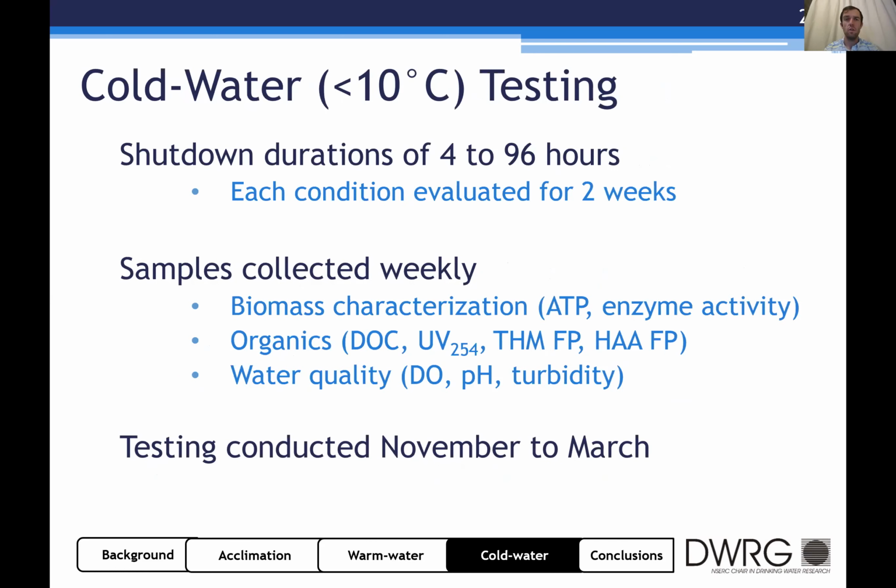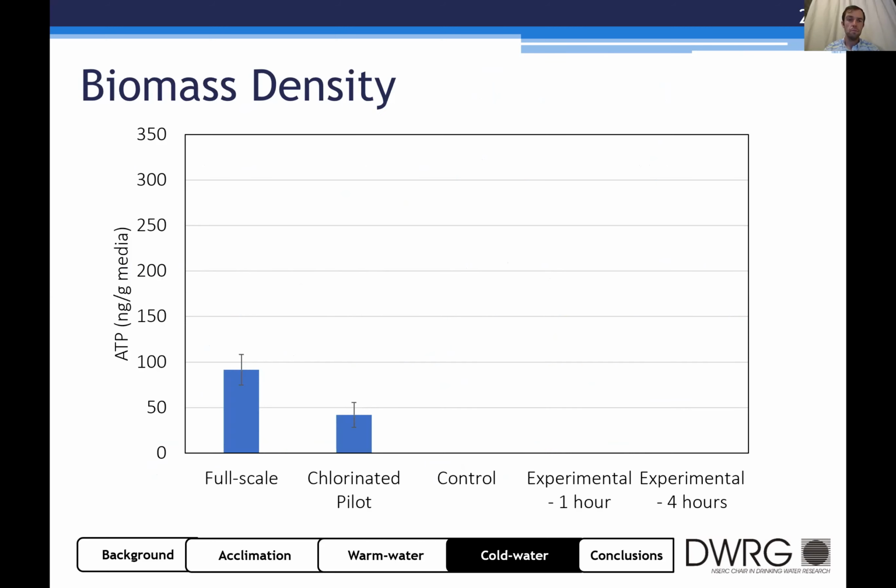We also did cold water testing. We just completed this in March of this year, right around the time that the pandemic struck. So that was interesting to get finished up just in time. But we extended the shutdown durations up to 96 hours to better reflect expected conditions at full scale. So when we looked at biomass density, on average over that period, there was a decrease from full scale to chlorinated, and that chlorinated backwash perhaps had a bigger impact during cold water conditions and reduced the amount of active biomass. Compared to the control,